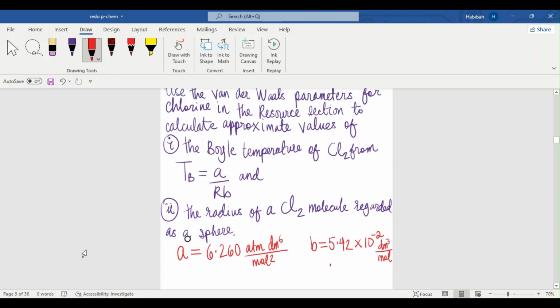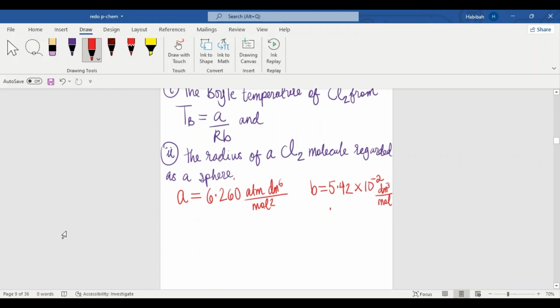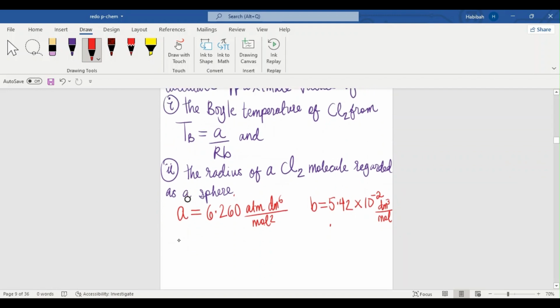So the first question requires us to determine the Boyle's temperature. The Boyle's temperature is TB equals A over RB. That's the formula. All we have to do is simply substitute. First of all, substitute the A. So we have 6.260 atmosphere dm6 divided by mole squared, so that's A, divided by